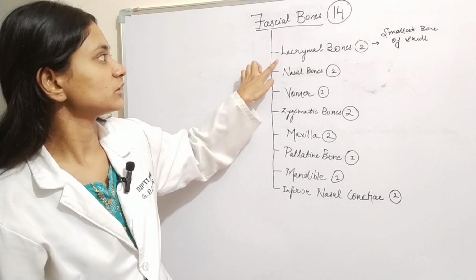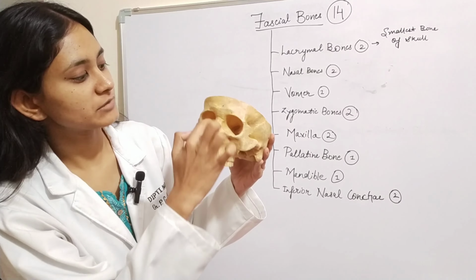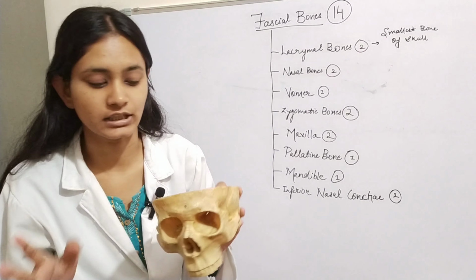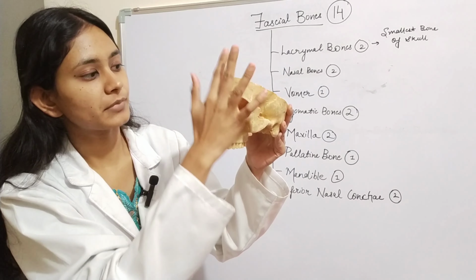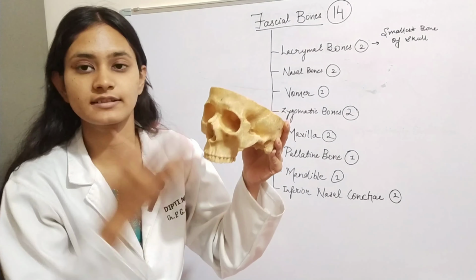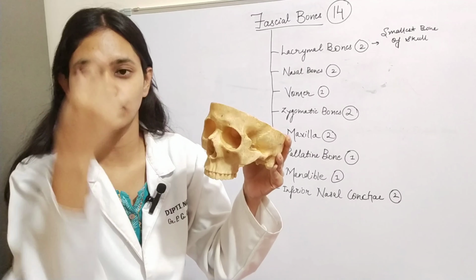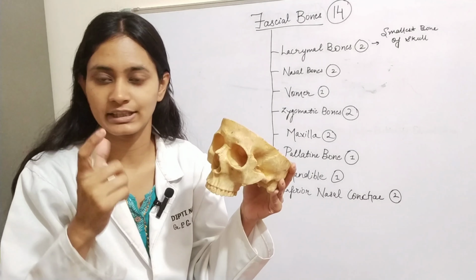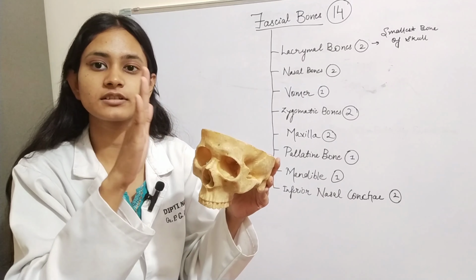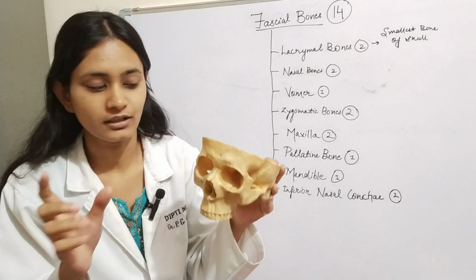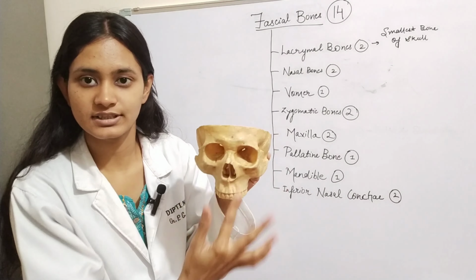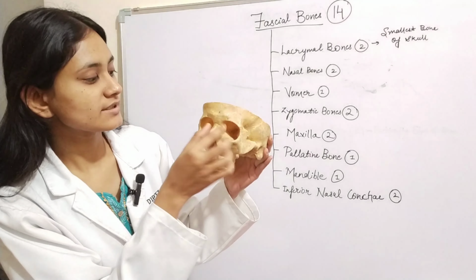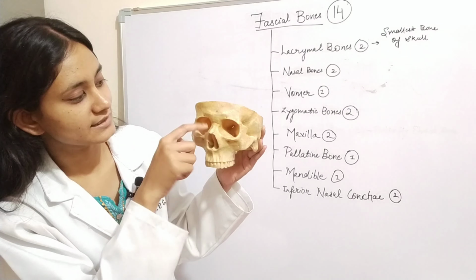It has lacrimal bones. Lacrimal is present on the medial side of the eye. Now there is another catch. What is medial and what is lateral? So if you see the skull, the part which divides our body into halves, you can consider an imaginary line. The location of the bone or exact joint, nerve or anything that is present towards the middle line is called medial, and the one which is away from that line is called lateral. So this is your medial region, and this would be your lateral region. Okay, so lacrimal bones are the 2 bones present on the medial side of the eye, that is this bone,